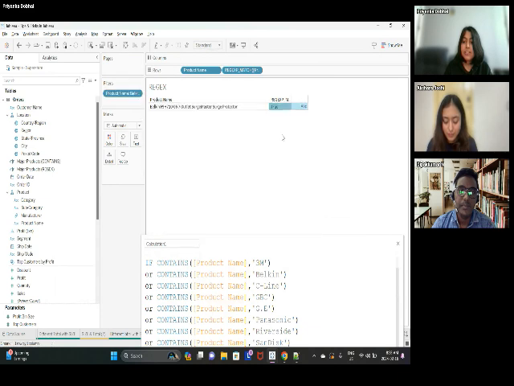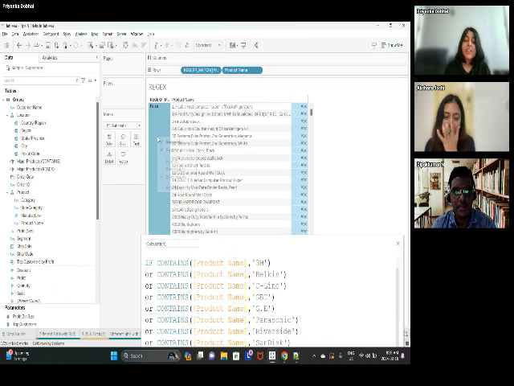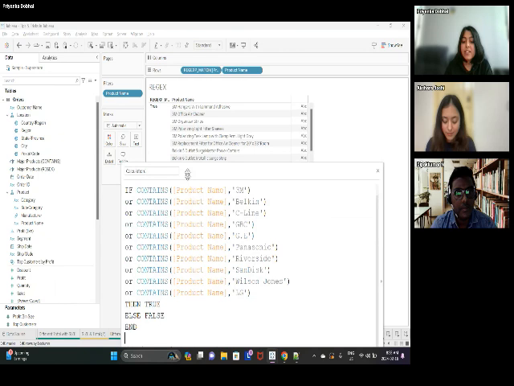Let's filter for the, oh, my bad. I think I was filtering for the product name and I filtered something else. Okay, let's just exclude this one. And you can see that this is now giving me the exact same 140 rows that I could see in contains, but I made the whole calculation in just one line.